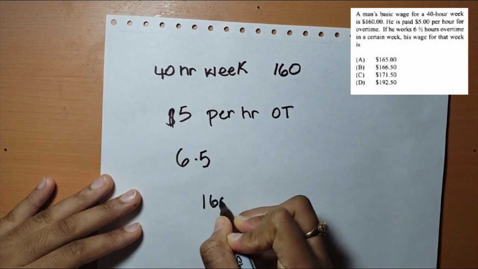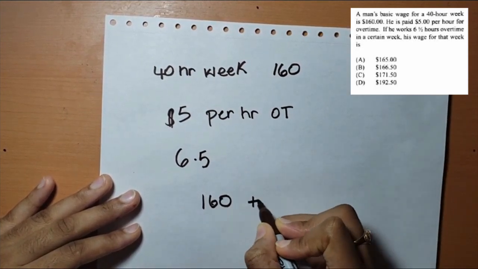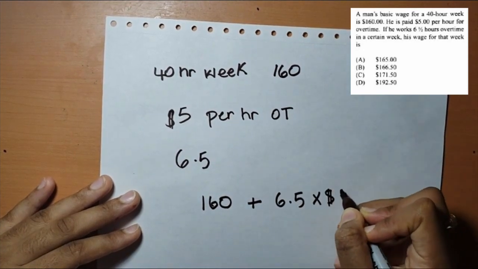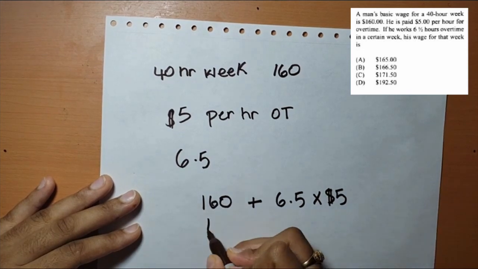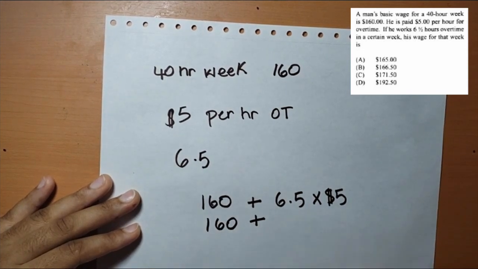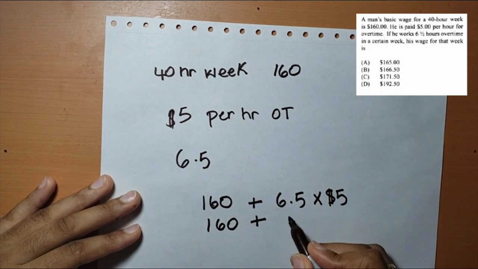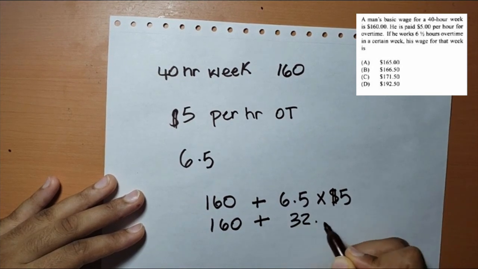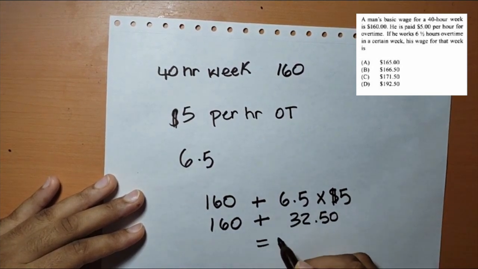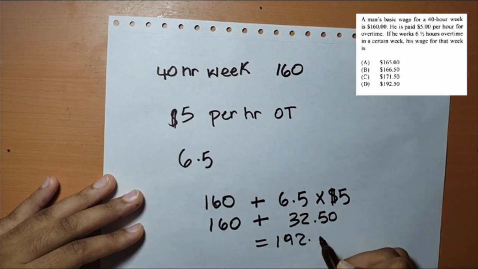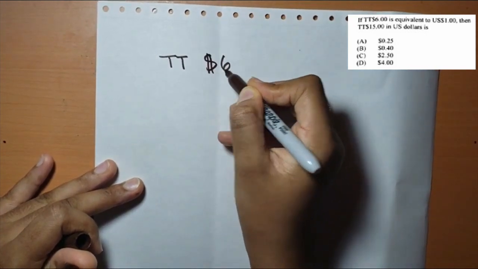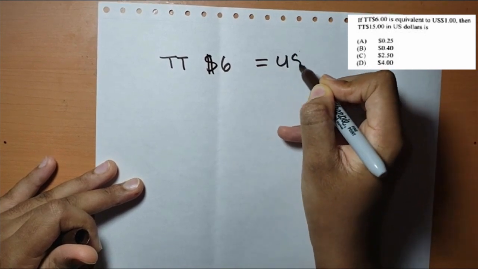So it will be 160, which is the basic wage, plus 6.5 hours overtime times $5 per hour. This would be 160 plus: 6 times 5 is 30, half times 5 is 2.5, so it'll be 32.50. So that would be 192.50, which is D. It is saying that if TT $6 is equal to US $1,